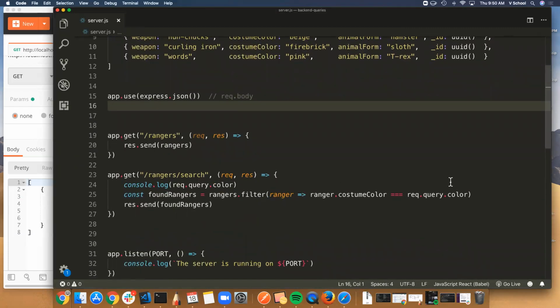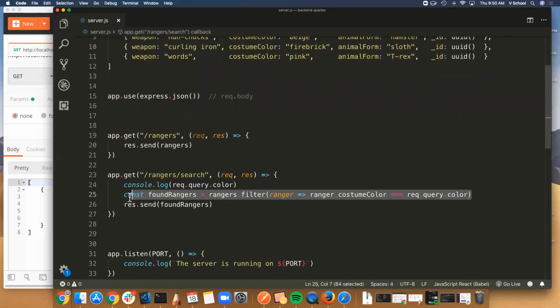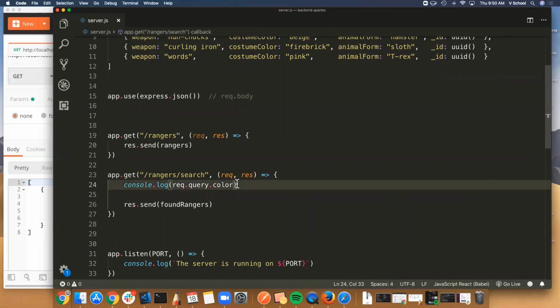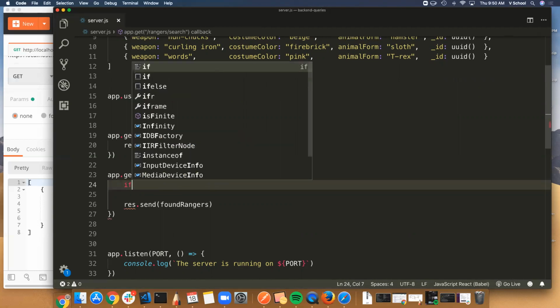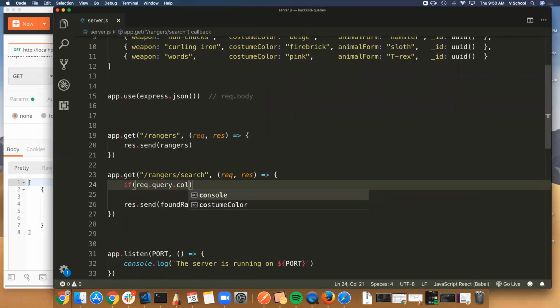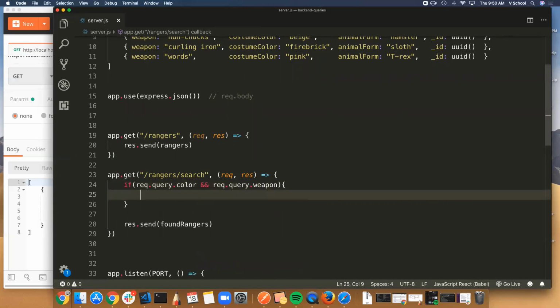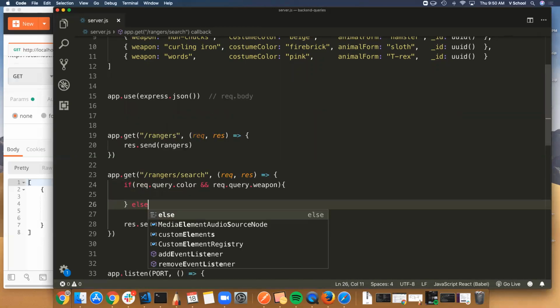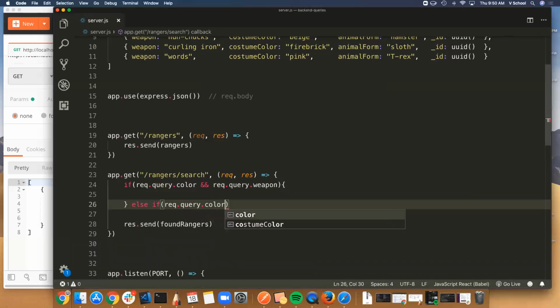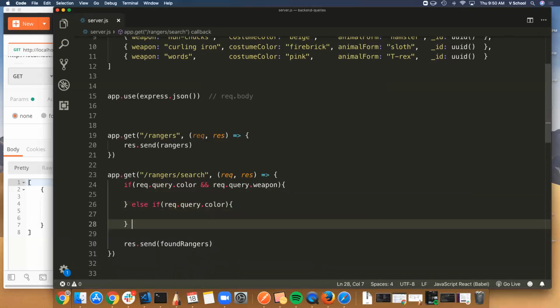How could we do this? Well, one way to hit it just like brute force, we could check if there's a query color and a query weapon and do something. Or then we just check, or is there just a query for the color, then do something. Or is there just a query for the weapon, then do something. So let's do it long form like that. So first we check if there is a req.query.color, and they're also searching by req.query.weapon, then search for both. Else if there is just a req.query.color, then just filter by that and send it back. Else if there's a req.query.weapon,